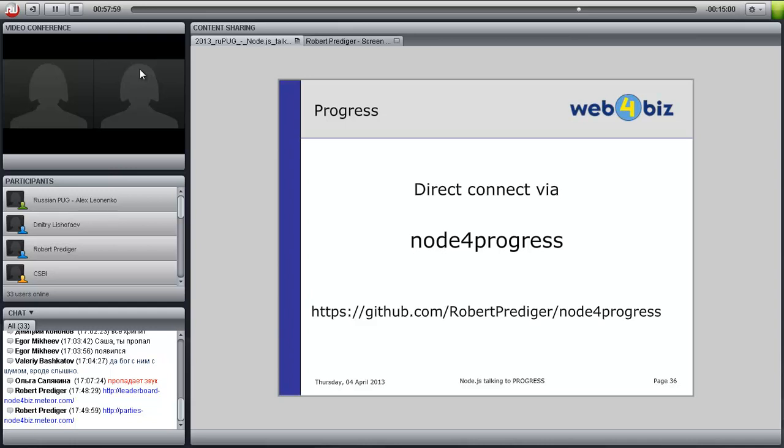This is open source, mainly developed by Marian Edu. Marian Edu has huge experience in JDBC connectors and ODBC connectors, and what he did in this case is build an asynchronous connector to a Progress app server.